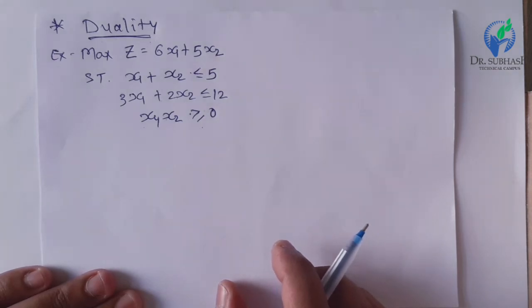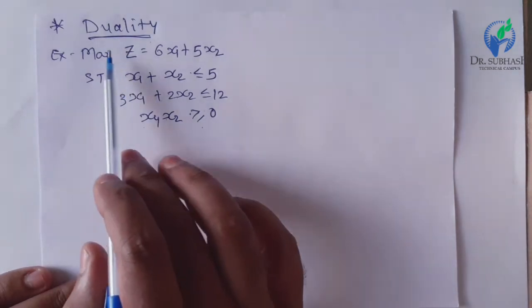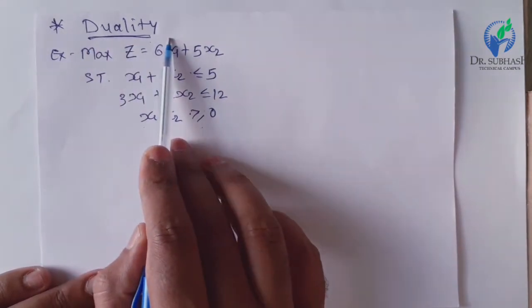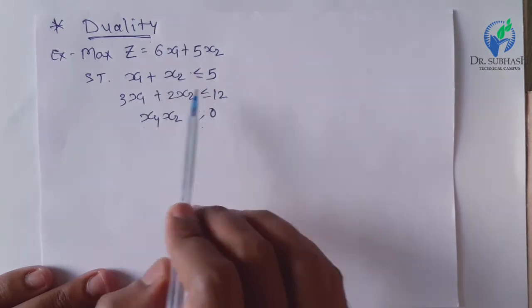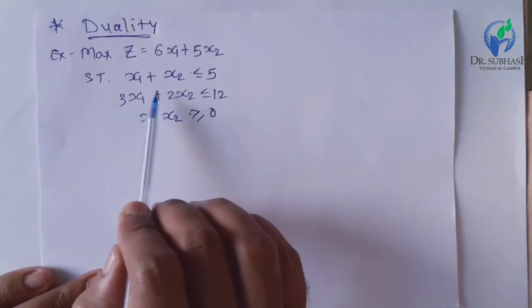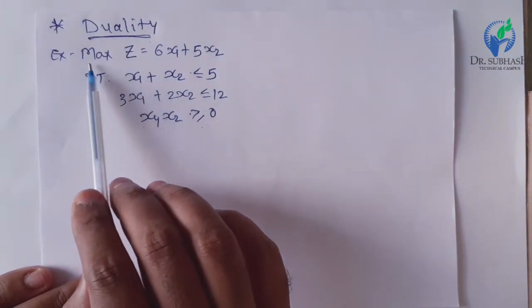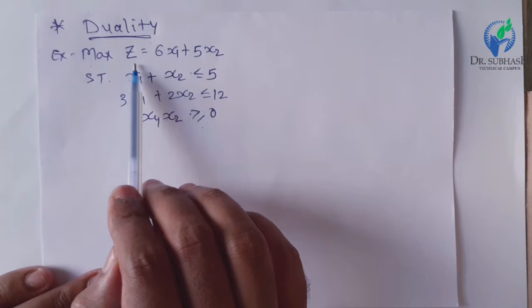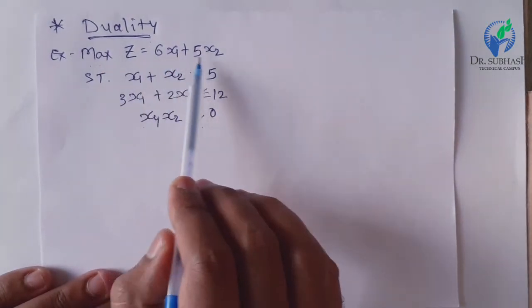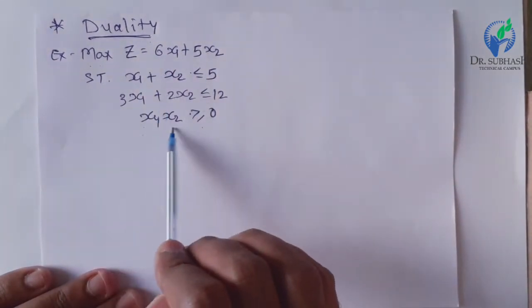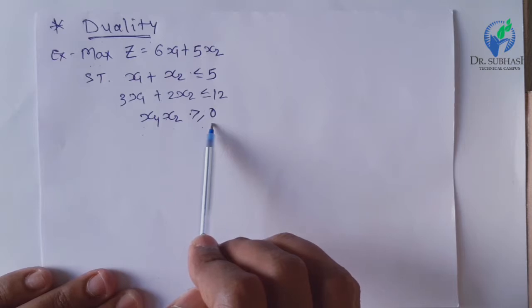We were studying about a linear programming problem. Today we are going to learn about duality. Duality is the state of dual. Say there are two different ways to understand a particular linear programming problem. Here one way is given, with the example of an objective function of maximization type with two decision variables and two constraints, and all decision variables greater than or equal to 0.